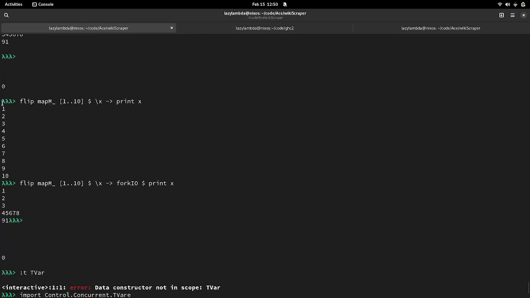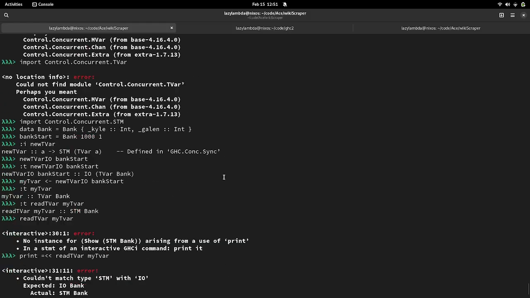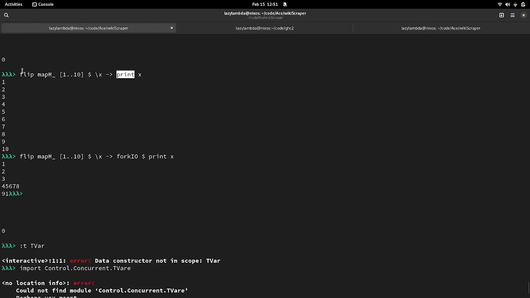I could copy paste this code and you could write it in, fork 10 threads and print, or ultimately change out whatever, right? I could even generalize this as a function.